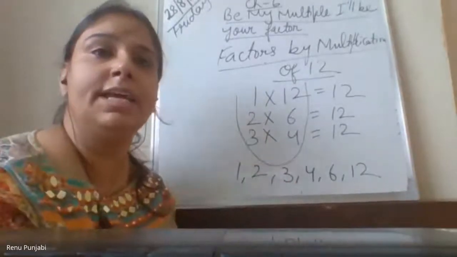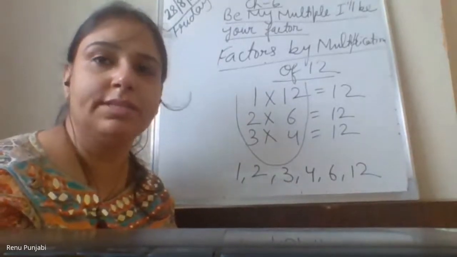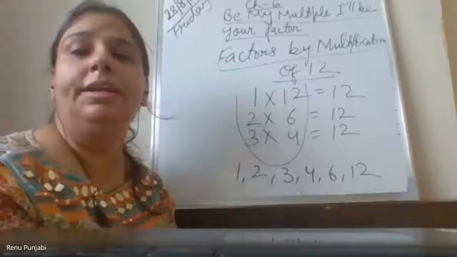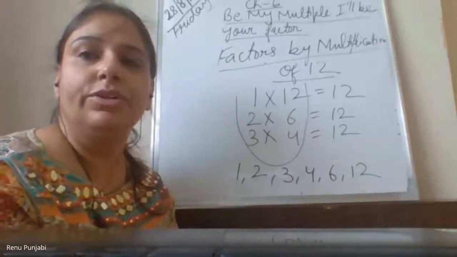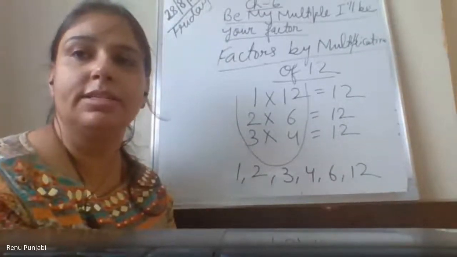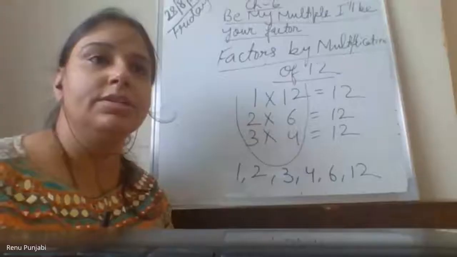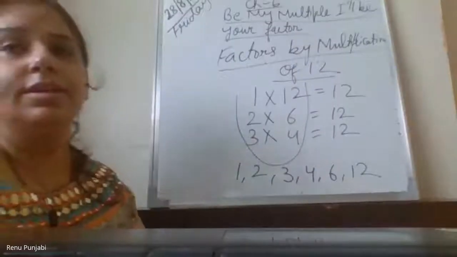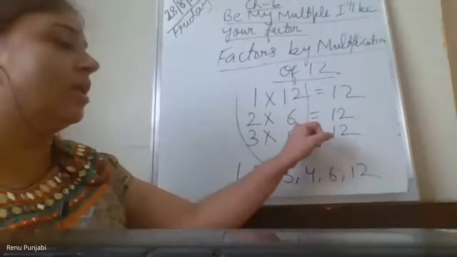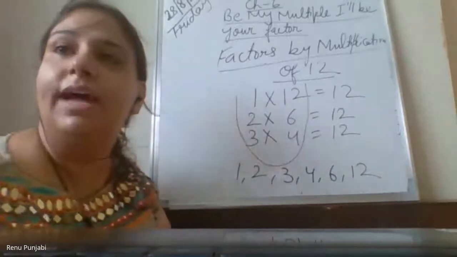So Jaival, in the table of 5, does 12 come? No, ma'am. In the table of 6. Okay. Om Patel, in the table of 5, does 12 come? No, ma'am. Tejasvi, next, which is the number in which 12 comes? In which table does 12 come? 6. How many times? 6 2s. So 2 6s is also here and 2 is also here, right?